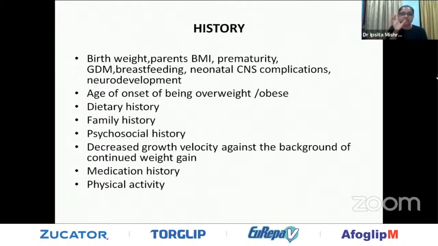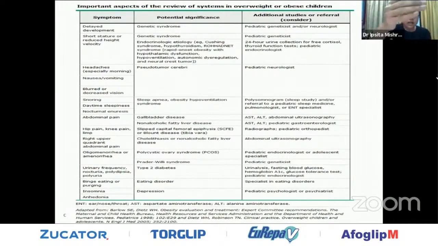The dietary pattern, the family history, the family dynamics, the psychosocial history, especially in adolescence, and medication history are important, especially steroids and anticonvulsant drugs, and the amount of physical activity which they perform. Another important crux is the decreased growth velocity against a background of continued weight gain, which gives us a hint towards the endocrine causes. Now, apart from the routine